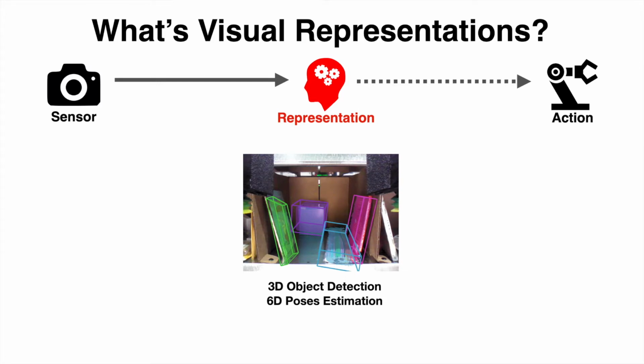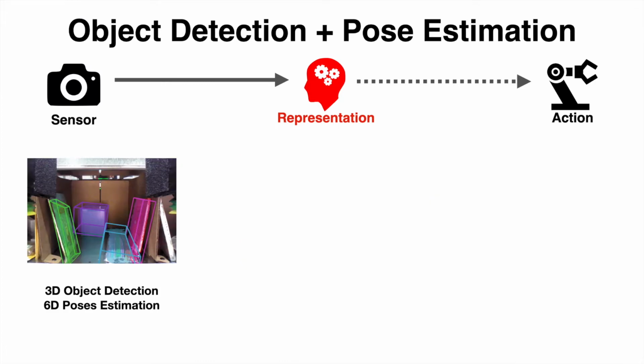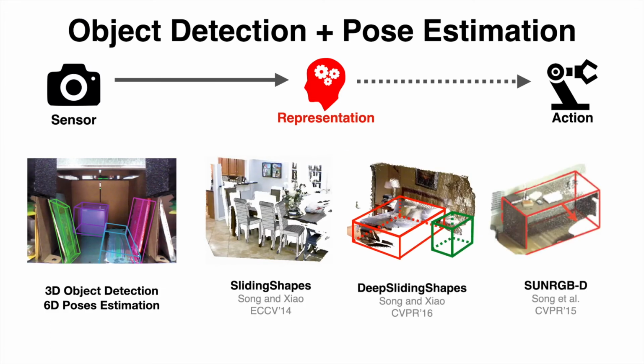So for a very long time, the standard visual representation for robot planning was the result of 3D object detection or pose estimation. This representation has motivated many planning and control algorithms that are designed on top of the full state information of the object poses. And similarly, it also motivates a big portion of computer vision research in 3D object detection and pose estimation,